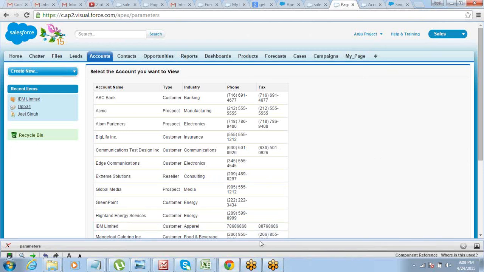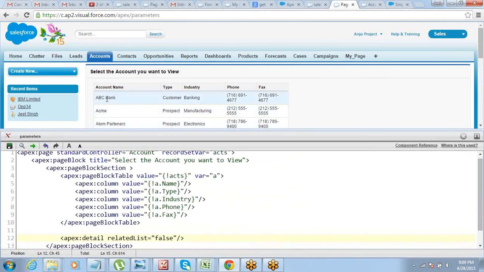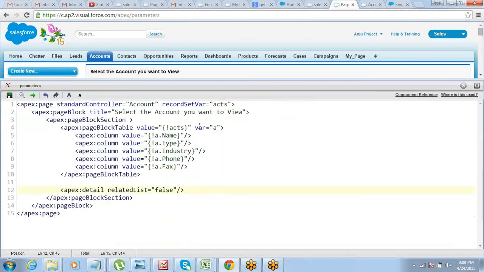All right. So that is the connection that you will have to do. So when someone clicks on this, that ID needs to be taken from here and that needs to be passed to this section. Okay, so that's the thing. So the ID needs to be supplied from, let's say, account name from here to this component.